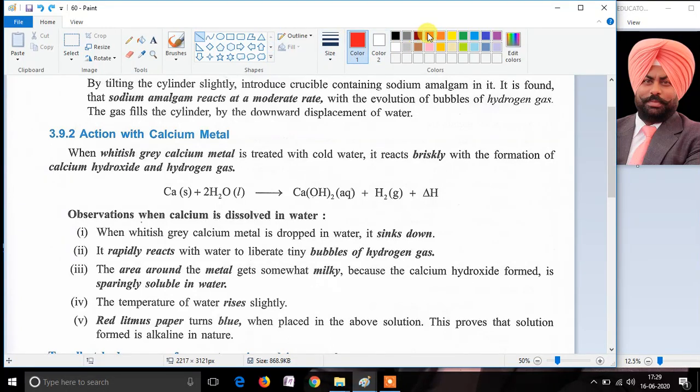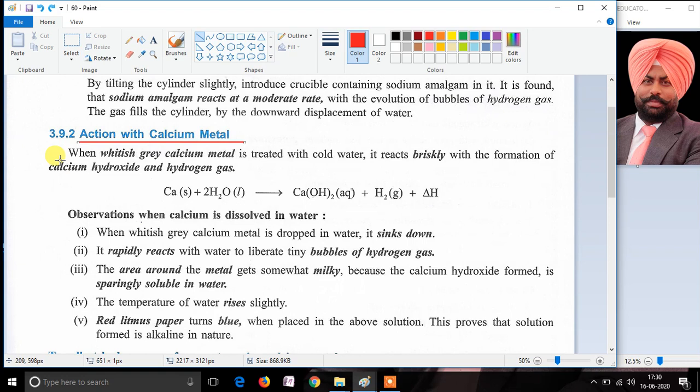In this video, we are going to discuss the topic action of water with calcium metal. The action of calcium metal with the water comes under the heading of chemical properties of water. In this video, we are going to discuss the observations when the calcium metal comes in contact with the cold